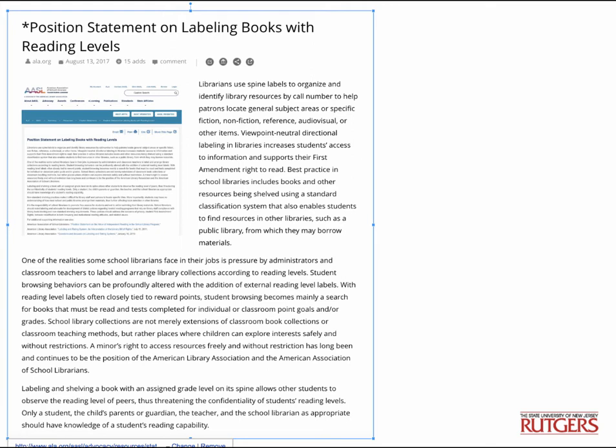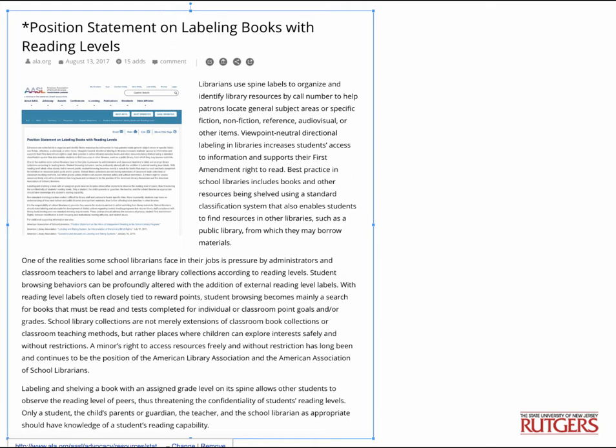Students' browsing behaviors can be profoundly altered with the addition of external reading levels, with reading level labels often closely tied to reward points through reading, commercial reading packages and incentive systems. Student browsing becomes mainly a search for books that must be read and tests completed for individual or classroom point goals and/or grades.